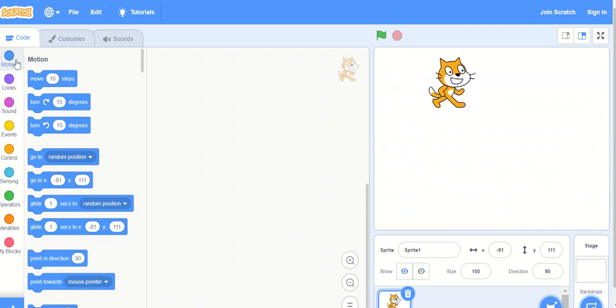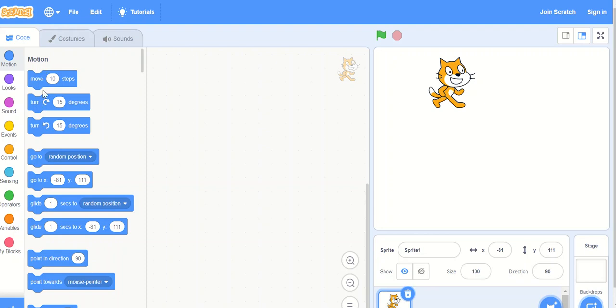Next, here you can see in the left corner, these are the different blocks. Blocks means the containers that contain related instructions. For example, motion will have the instructions that are related to the movement of the sprite.